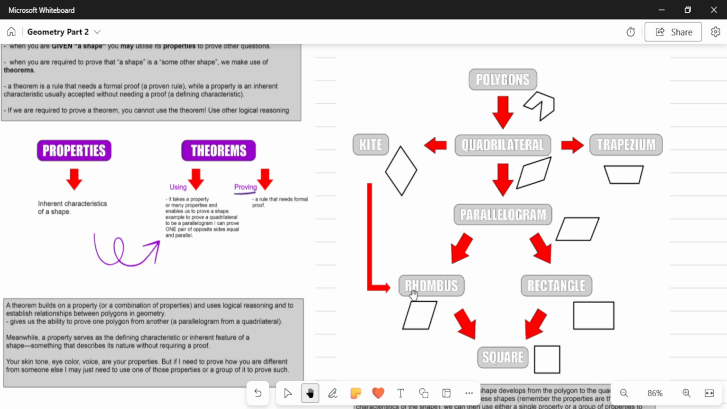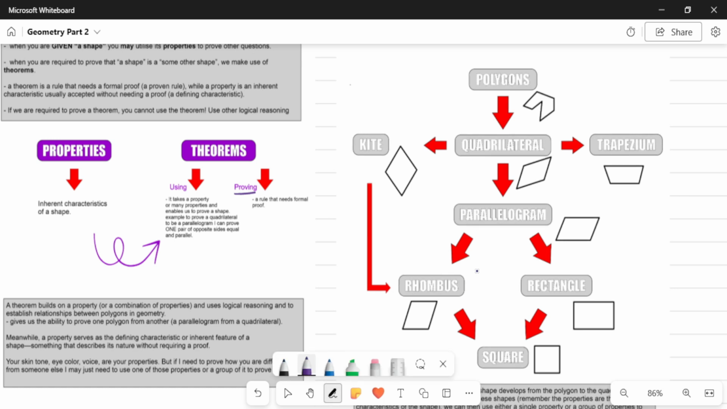Because remember, I could be given the shape in the paper. Listen to what I'm saying. I could be given the shape in the paper, but if the examiner tells me that the shape is a quadrilateral, then we have to believe it, right? We have to prove that it's a rhombus because we are told that it's a quadrilateral and not a rhombus,